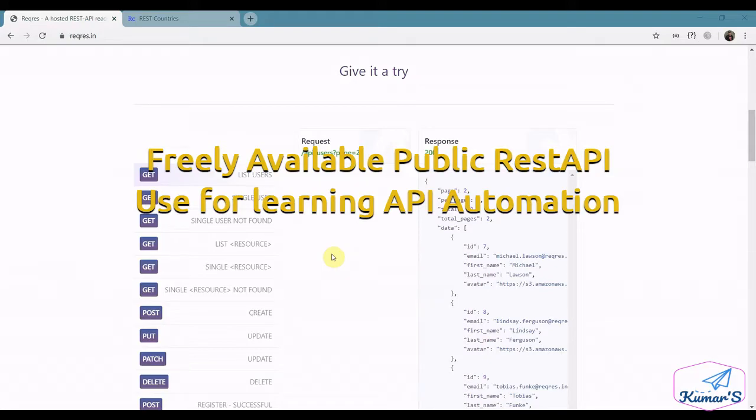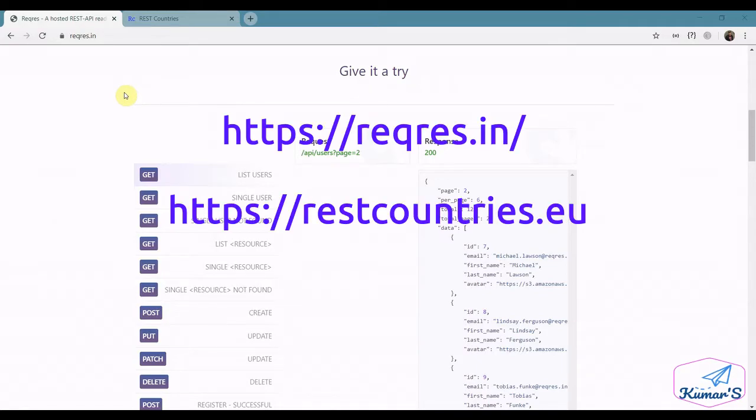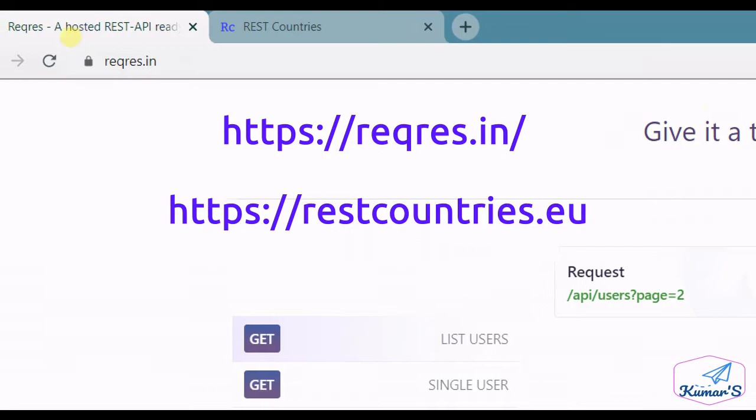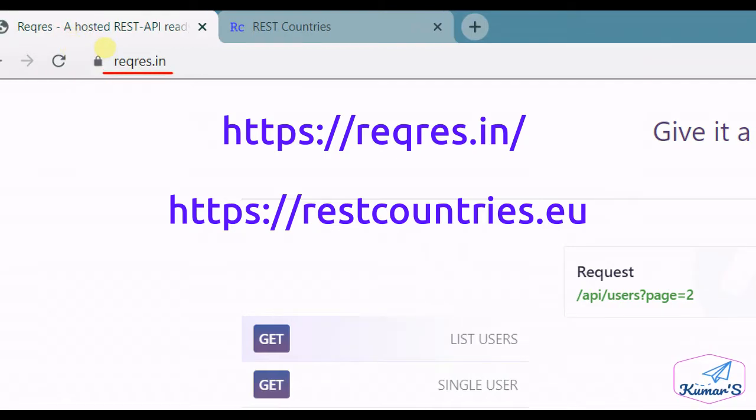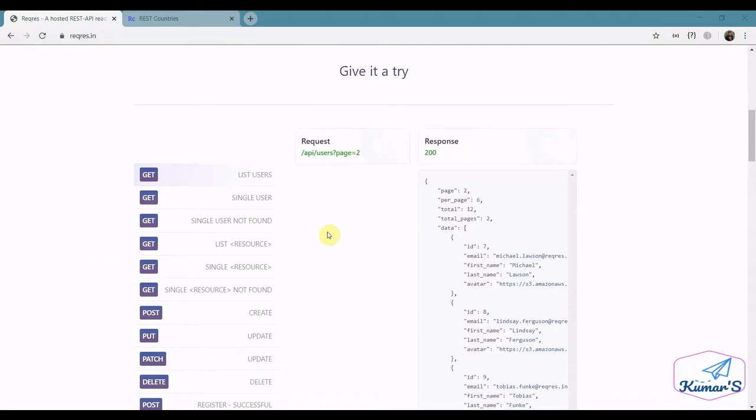Let's see a couple of public APIs which are freely available, which we can use for our API testing or prototyping. The first one in the list is ReqRes.in. You can see the URL in here, ReqRes.in. This has got a lot of APIs to try out, list users, which gives all the users in their